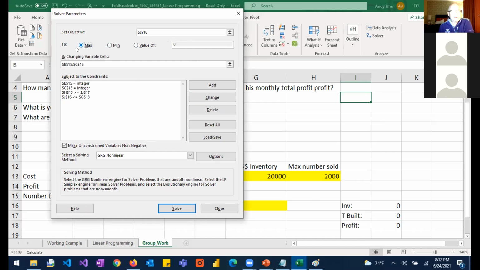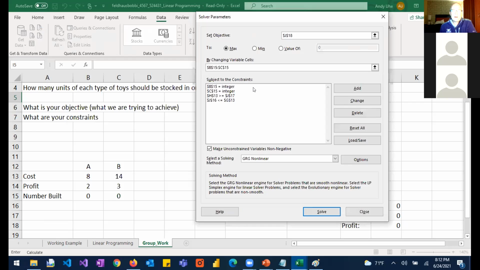So I guess when I said you could maximize or minimize, there's a third option. You could find an exact value. But generally you'll want to maximize or minimize something. So we're going to try to find the maximum value in cell J18. And we're going to do that by changing the variable cells